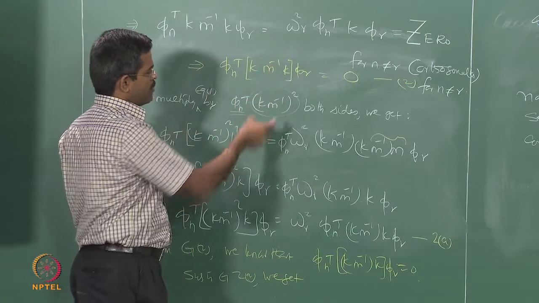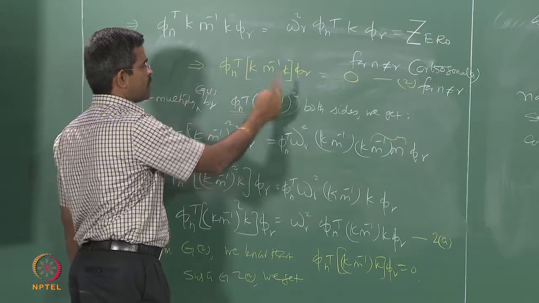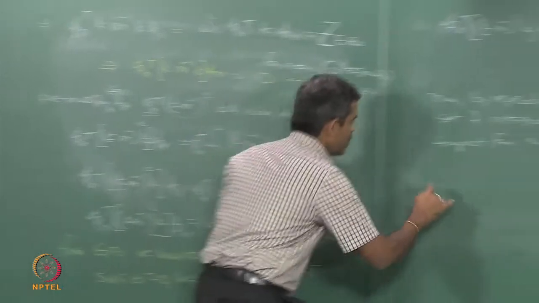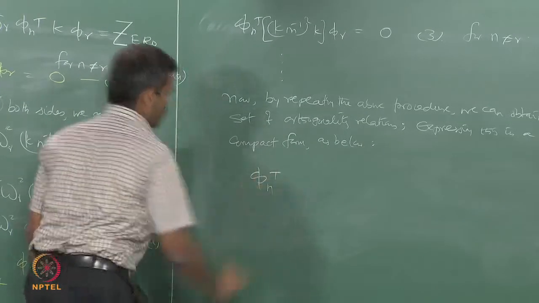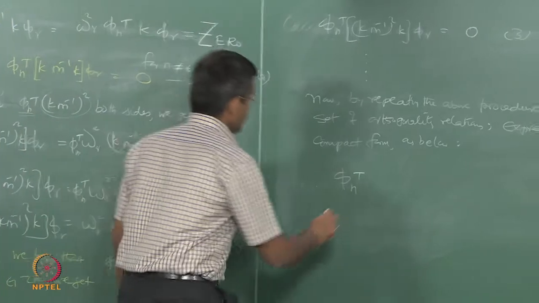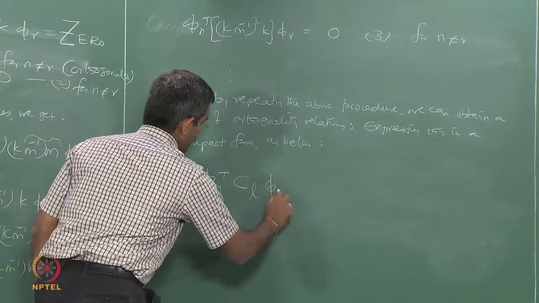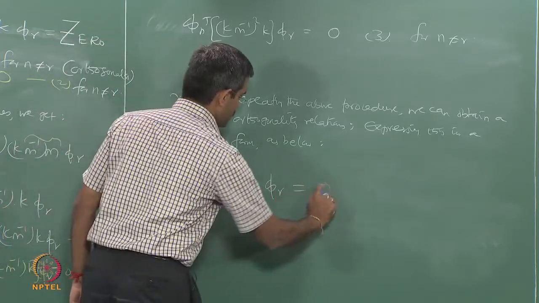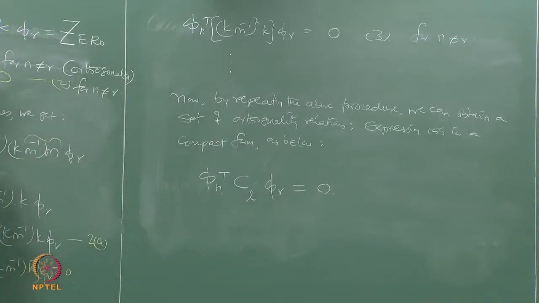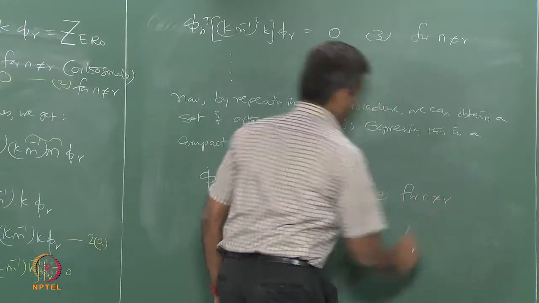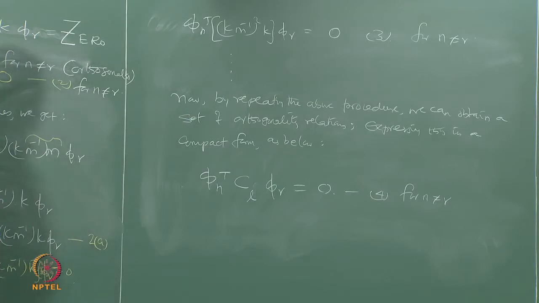We keep on getting, for every multiplier, phi n transpose k m inverse 1, phi n transpose k inverse 2, etc. So, now I can say phi n transpose C L phi r, where L is a subscript, is 0, where of course this equation is valid for n not equal to r. We are talking about orthogonality properties. If they are equal, it becomes 1,